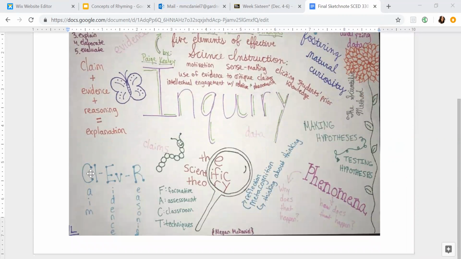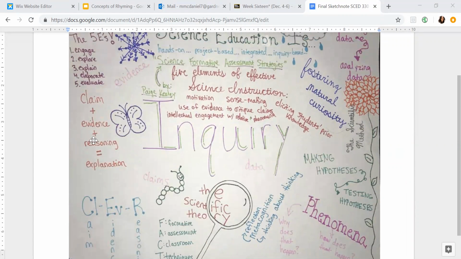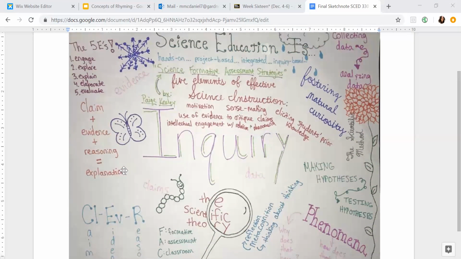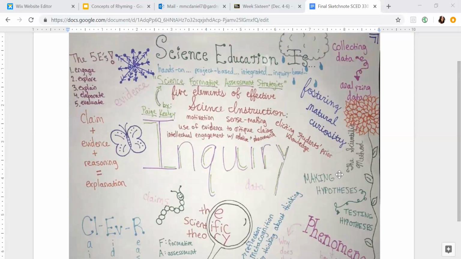So we talked about the CER model and what that is, claim, evidence, and reasoning. Claim plus evidence plus reasoning equals explanation. I really wanted to include the scientific method because I think that that's a key thing to remember when we're teaching science education, just that we need to teach our students to make a hypothesis, test it, collect data, and